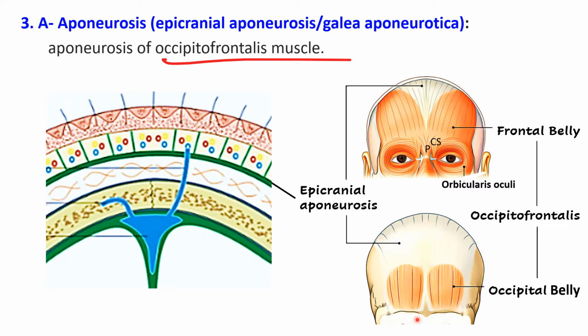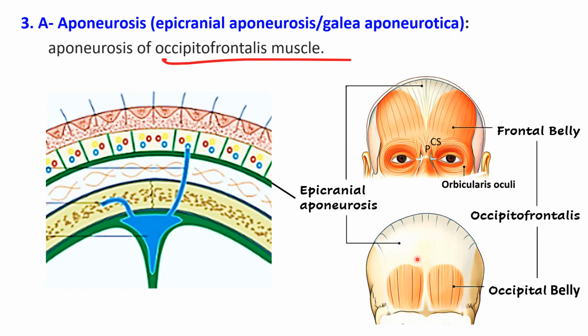The lateral 2/3 of the superior nuchal line, because to the medial 1/3 we can see here the epicranial aponeurosis that would be attached. So these are the occipital bellies. They are smaller also. They are widely separated from each other also, and they also will be attached to which structure? The epicranial aponeurosis. So you have two frontal bellies in front, no bony attachment. Two behind, which are attached to the superior nuchal line, and both of these, they are inserted into the epicranial